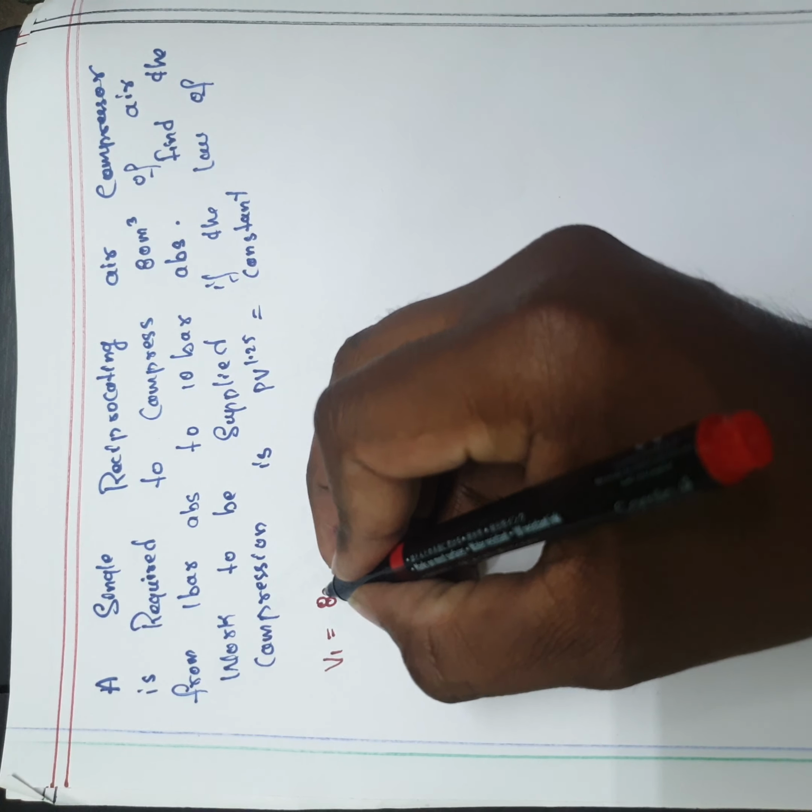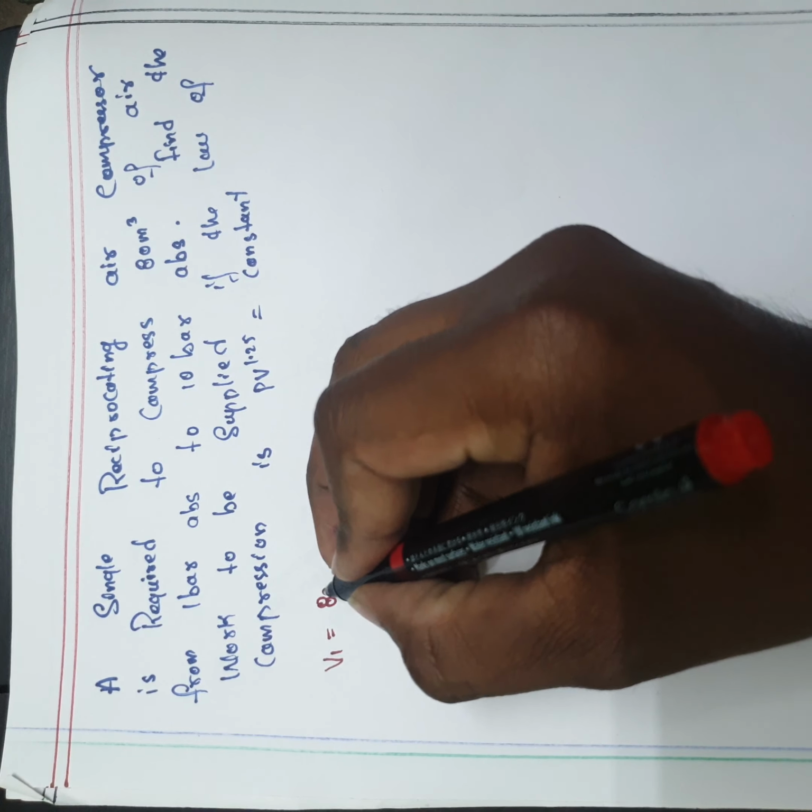In the next problem, what is given? Find the amount of work required. Work required means again he is asking to find the work done. Find the amount of work required to compress and discharge 1 meter cube of air at a temperature. Volume is 1 meter cube. Temperature is given as 15 degrees centigrade. So you have to do 15 plus 273, the answer is 288 Kelvin.